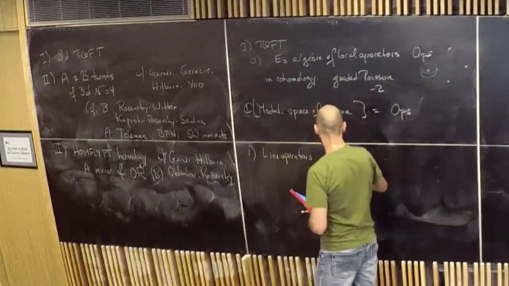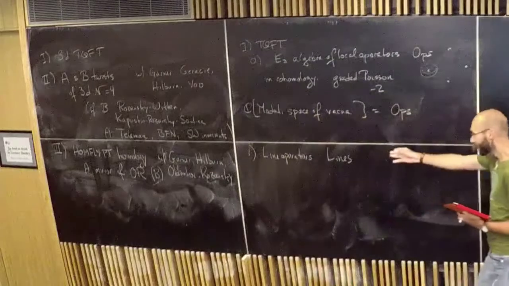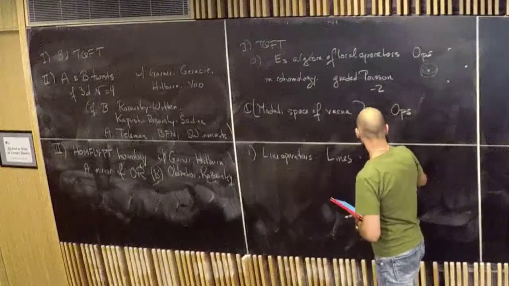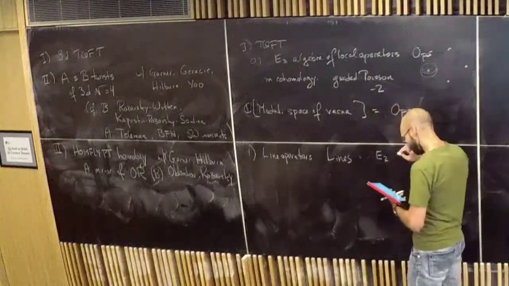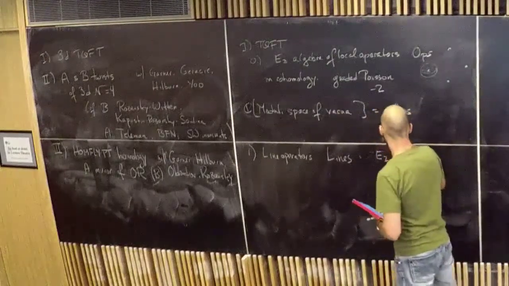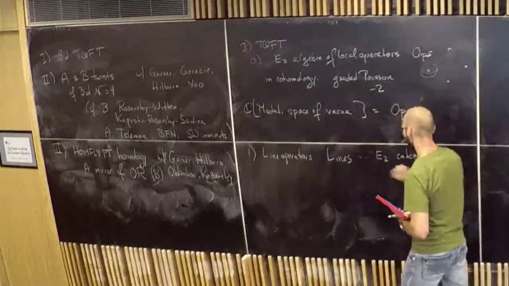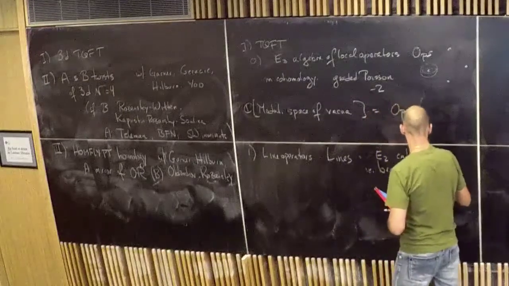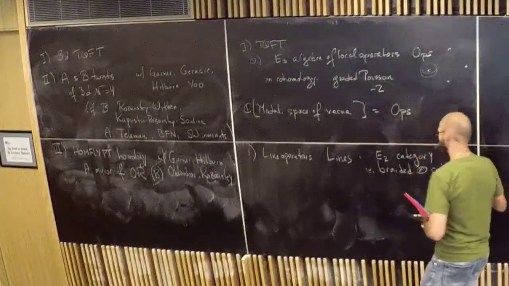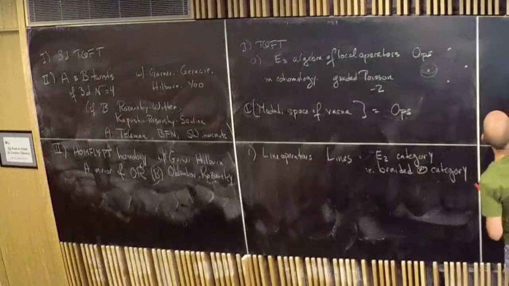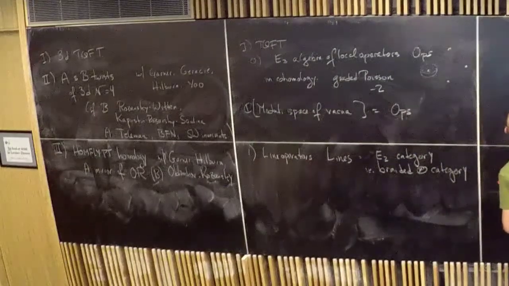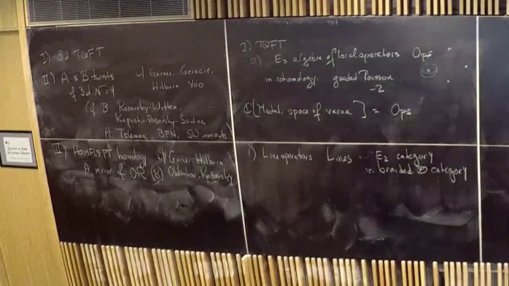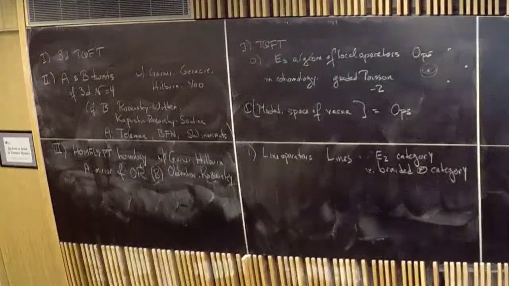And so there's a thing called lines, which is an E2 monoidal category, i.e. graded tensor. The objects of lines are literally lines in 3-dimensional space. The tensor product comes from collision.